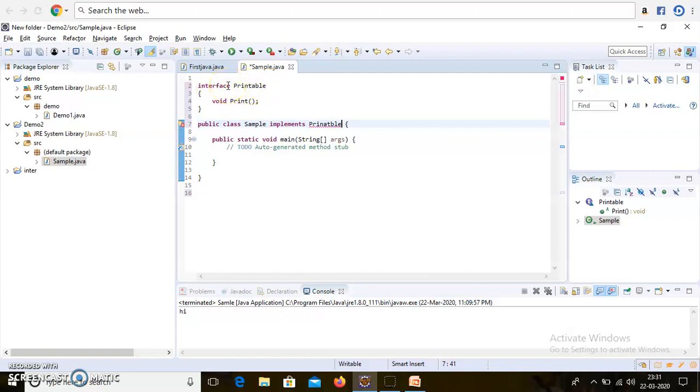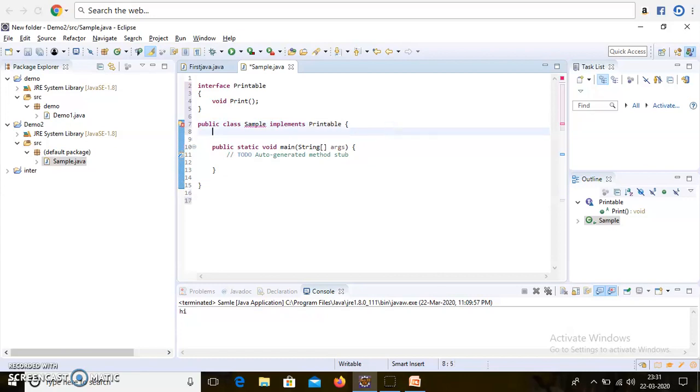When I want to implement an interface in a class, I have to mention the class name, then the implements keyword. After the implements keyword, you have to take care of the spellings. This is the method to extend or implement the interface into the class.